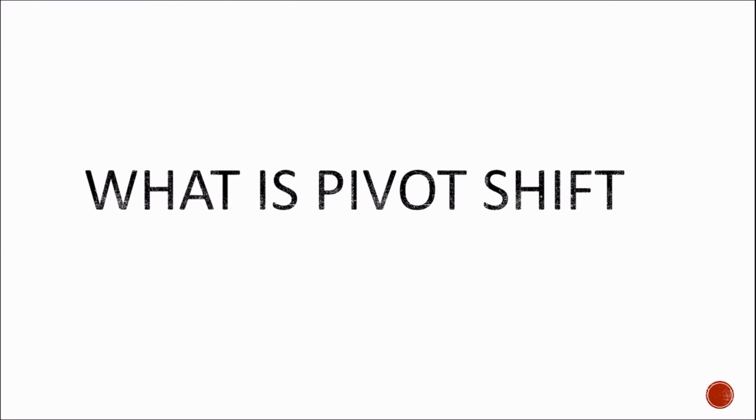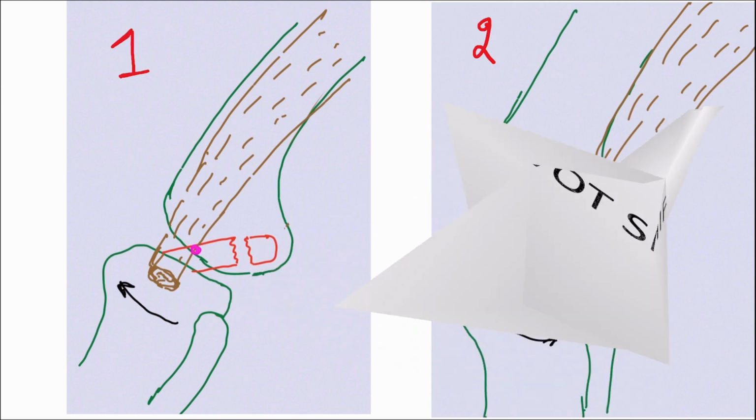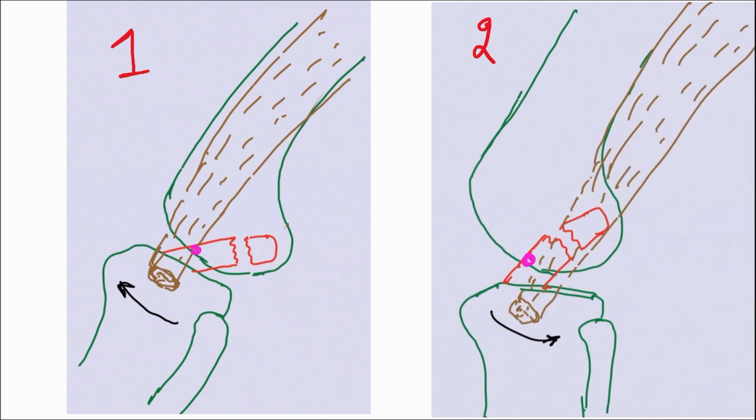Now, what is pivot shift? We want to first know what is pivot shift. Here you can see there are two figures, figure 1 and figure 2. Kindly excuse my drawing, it's not that good. As you can see here, you can appreciate the normal anatomy, femur, tibia. The brown one shown is the iliotibial tract and the red one is the torn ACL. The pink one is the flexion extension axis of the knee, and this is the Gerdy's tubercle where the iliotibial tract is inserted. And we need to know about the main functions of ACL.